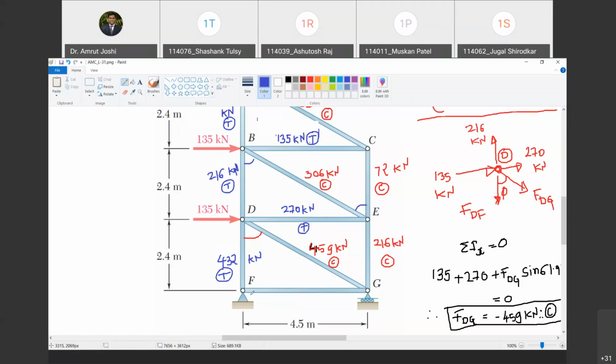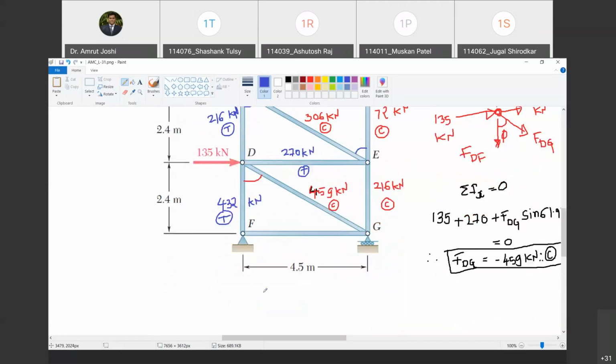Yes, sir. Now to calculate force in member FG, it is mandatory to calculate reaction. Unless I calculate the reaction, I will not be able to do free body diagram of joint pin at F or G. Do you agree with me? Yes, sir. So to find the force in FG, will we have to calculate the reactions? Yes. Have we already calculated these reactions? Yes, we have calculated those reactions. And what are the reactions?